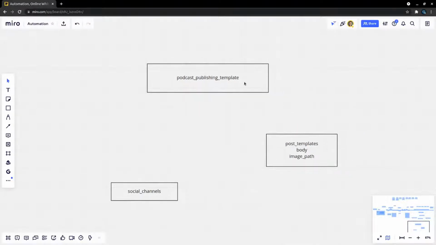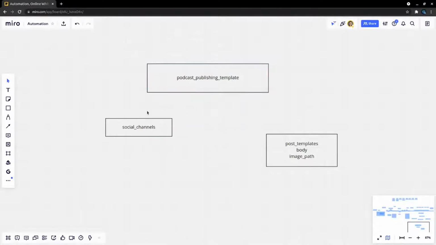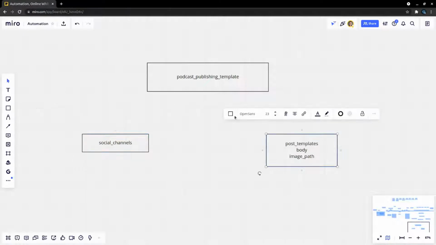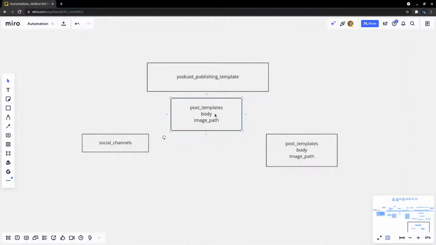Just got to stress my brain out so I can figure out how this is going to work here. So will it go through the social channels? No, that'll be like a side relationship here. No, it won't, because you might want to have different social channels for different moments. You want something that represents a publishing time, like a point in time that you're publishing.